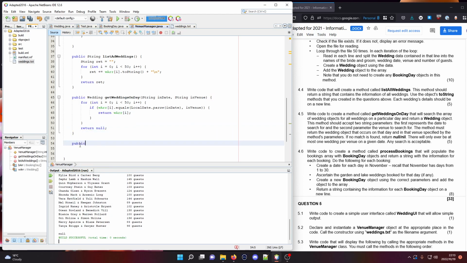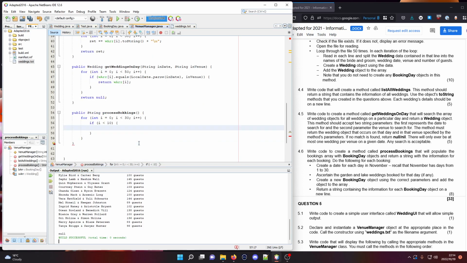Okay, doesn't seem too complicated. So public string process bookings. And I'm literally just going to go with an int from 0 to 30. And then I need to create a date for each day in November. So I'm going to just do a little bit of string manipulation here. So first thing I'm going to say is, if I is less than 10. I want to start from 1 and I want to go up to and including 30. So if I is less than 10, then my